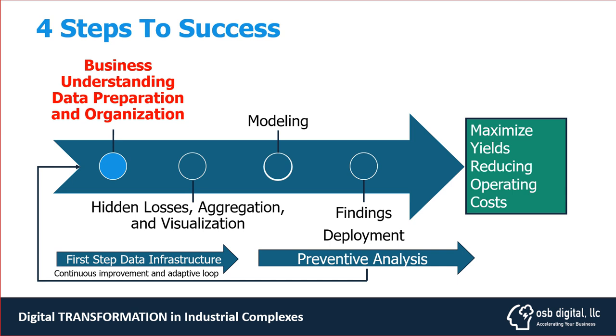And after that, when you get that, you can implement that in the plant, and you deploy these findings by defining the right business processes, so maintenance gets to see ahead of time when something is going to go wrong, so you can plan accordingly if you need to shut down the plant, or you can wait for another day or two before you have a downtime. But eventually you can synchronize the whole supply chain to maximize your yields and reduce the operating cost.